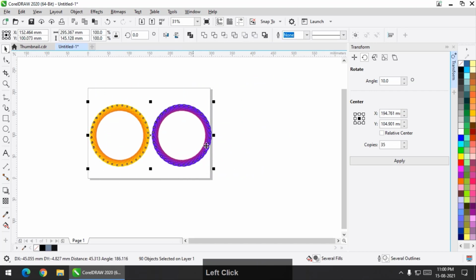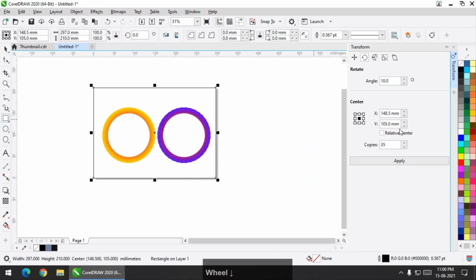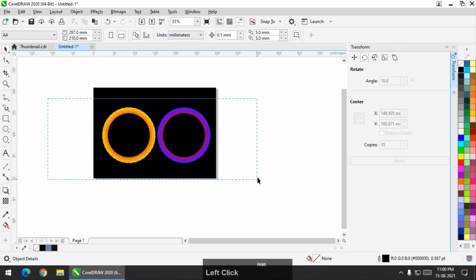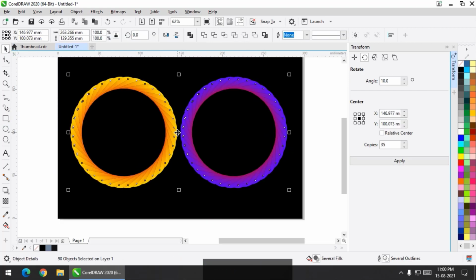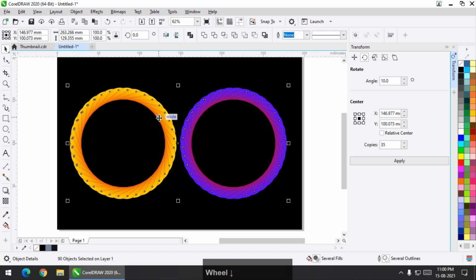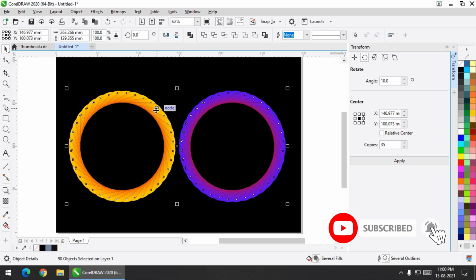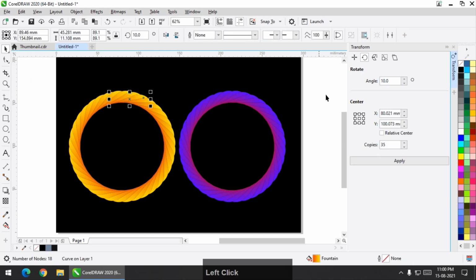I'm keeping it at the center of the page like this, and just double-click so that a rectangle is created. Apply black color. So this is how it will look. And remember, if you want variation in the thickness, keep the roundness of the corners less, so the thickness will increase. And if you keep the roundness on the higher side, this thickness is reduced. Just remember that. So you can try out different variations of color combinations, maybe different values of radius while applying the corner radius.